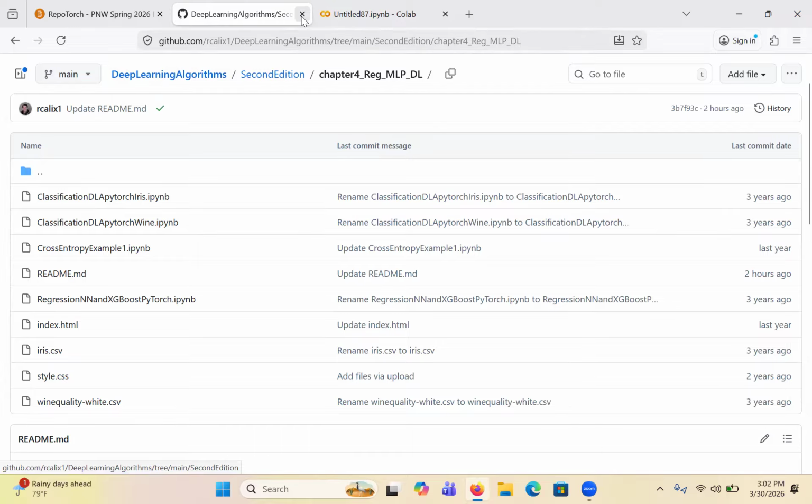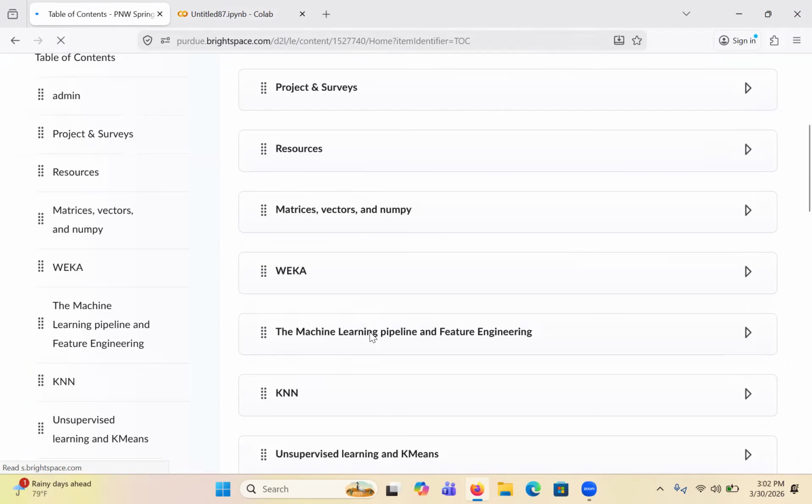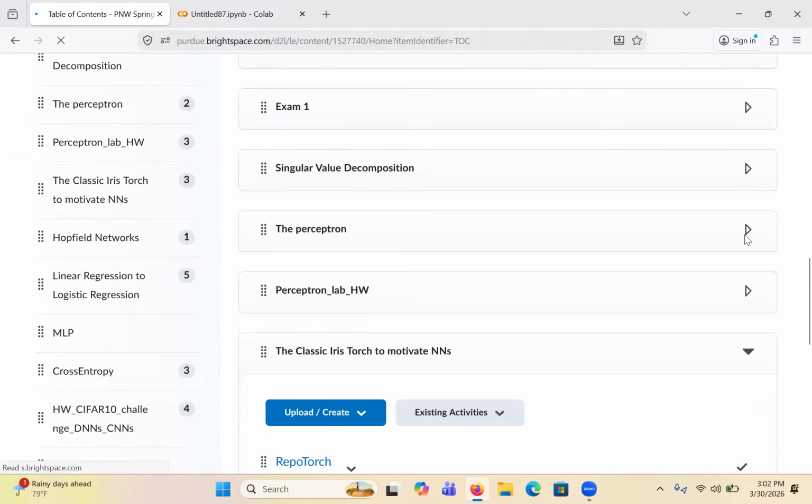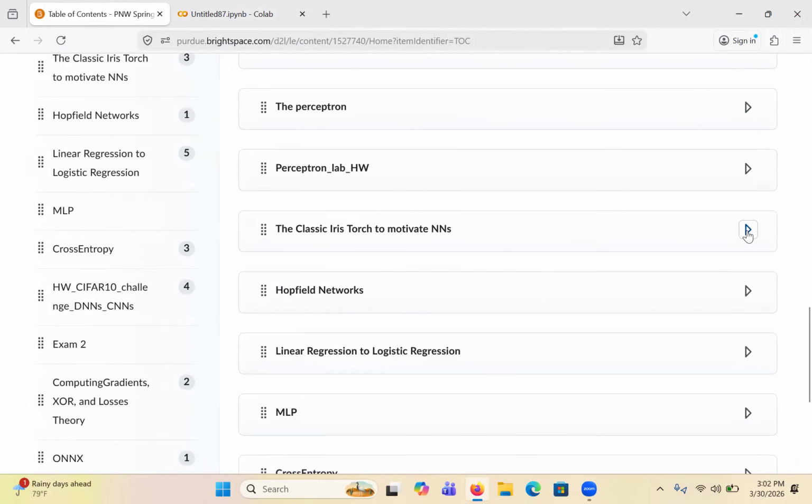So actually, let me do this. Now I'm going to talk about the homework, and I'm going to talk about the project just a little bit later on. I'll create the links. All right. So if we are in the table of contents. Let it load. Okay. So we are in this section here, Classic Iris Torch NN. So you guys click on Repo Torch, and it'll take you